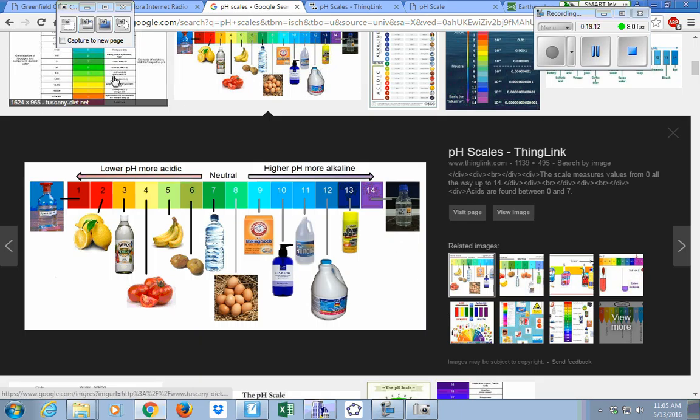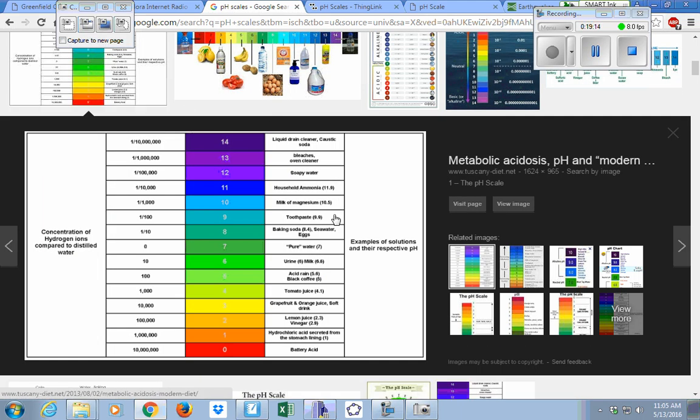Anyway, I like this. I'm going to try to find the one that I had originally, which shows you the acid rain and fish dying and what the concentration of the acidic pH level is for the fish to die. And the reason I'm interested in that is that when I was in grad